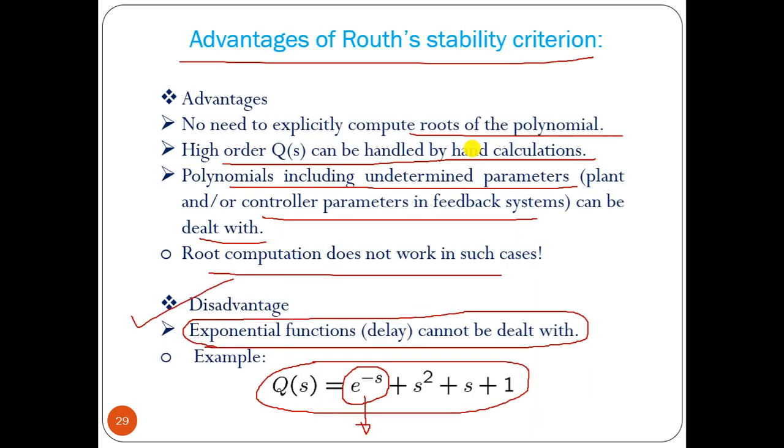So this is all about the Routh stability criterion. What is the Routh stability criterion? How to solve it? And then two special cases: first column element 0 in one row with others non-zero, and an entire row equal to 0. What will happen? How can we find the number of roots in the right half plane and the left half plane? Then the range of k for which we can make our system stable, marginally stable, or unstable. These are the types of problems we can solve using the Routh stability criterion.